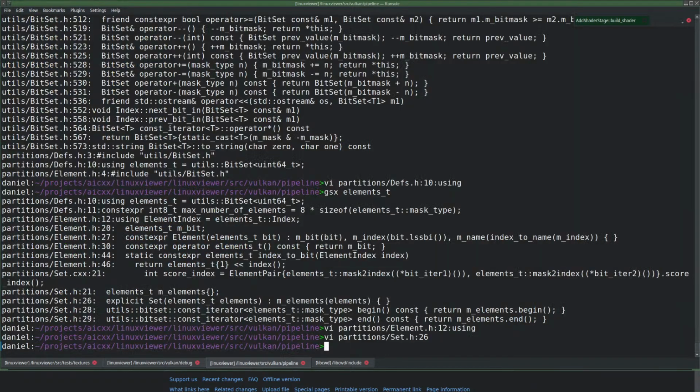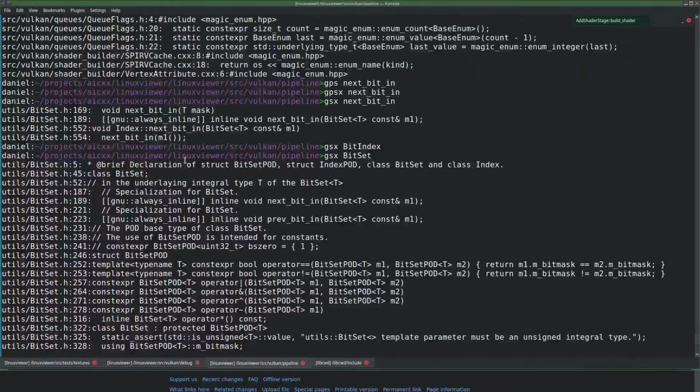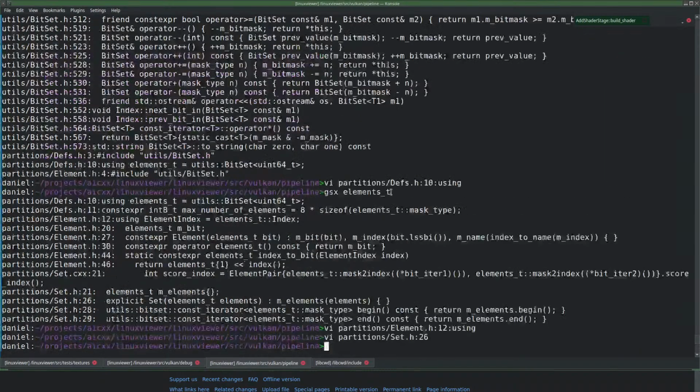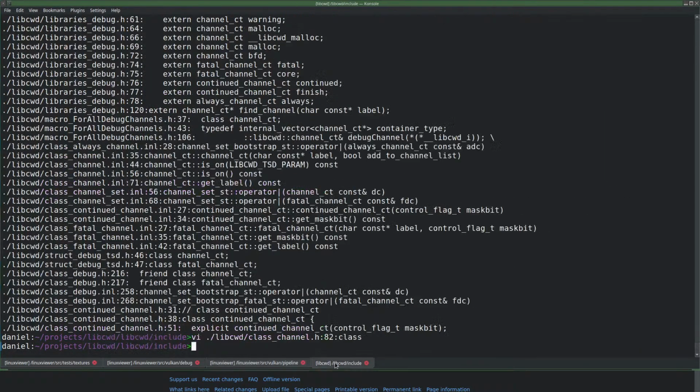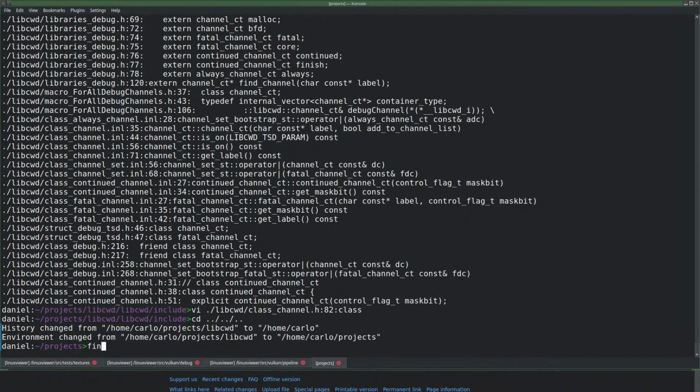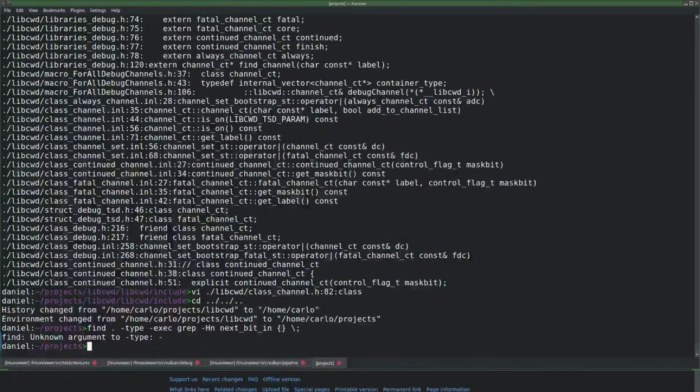Now I'm getting pissed off. I still think it is next bit in.